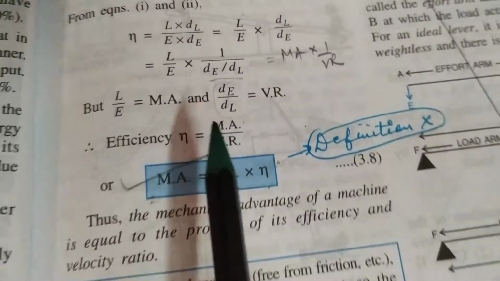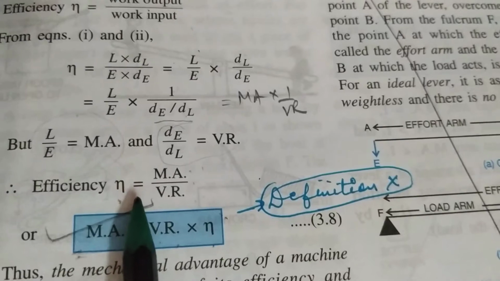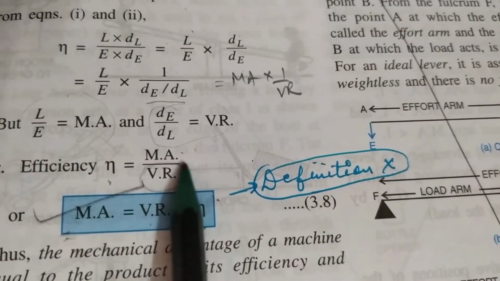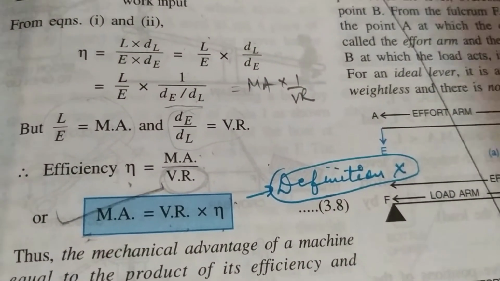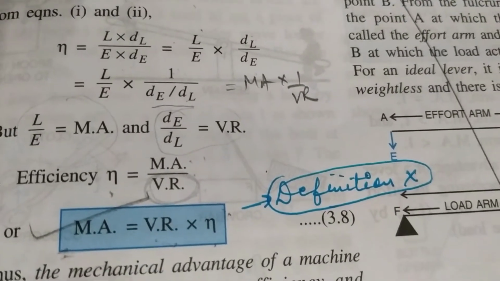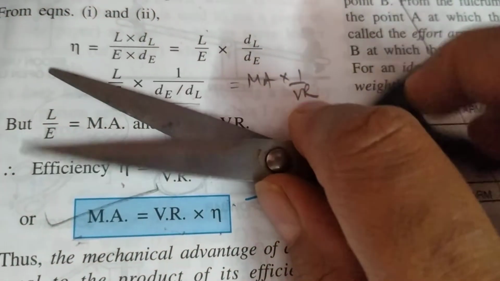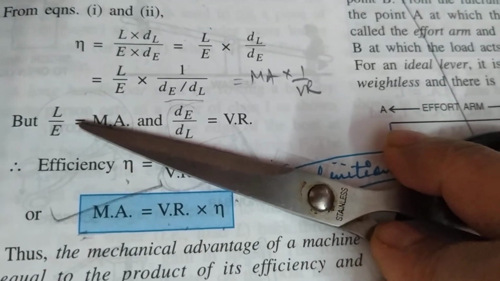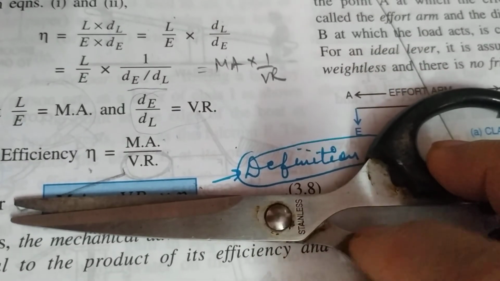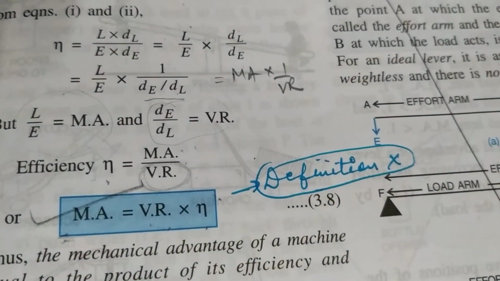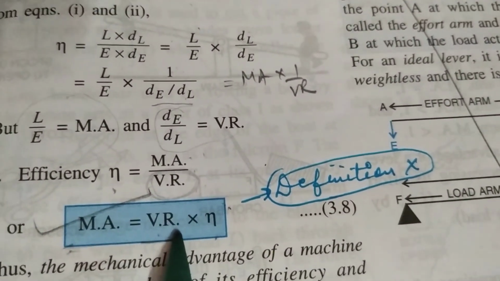So because we have studied in the notes that mechanical advantage decreases due to friction, that's why efficiency decreases. For a machine of a particular design, velocity ratio can never change. Why? Because we cannot change the size of blades of a scissor. It means that the size of the blades of the scissor cannot be changed. What does it mean? It means that in a scissor like this, the blades move by the distance which is called displacement made by load, and the handle moves a distance which is called the displacement made by effort. Now these distances we can never change. It means that velocity ratio we can never change in any kind of machine.